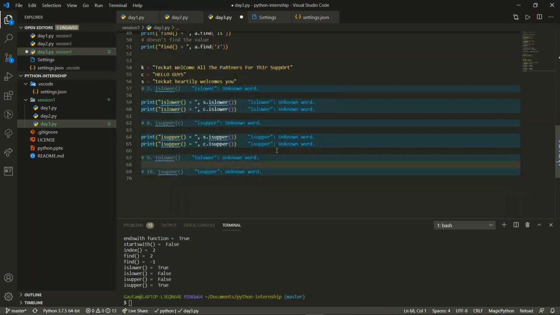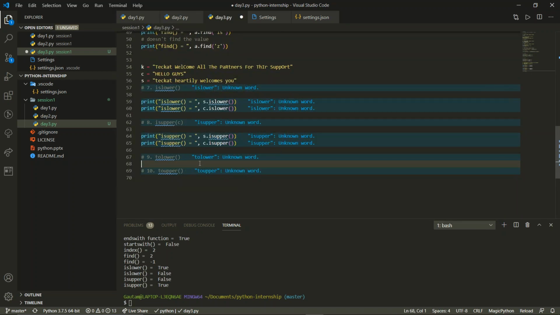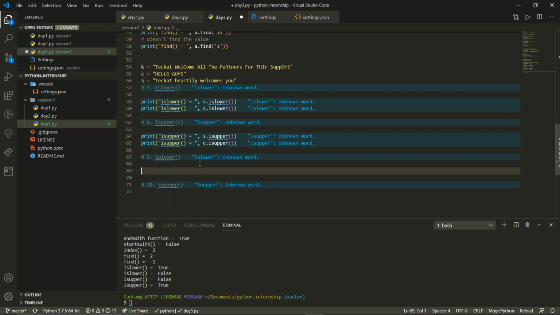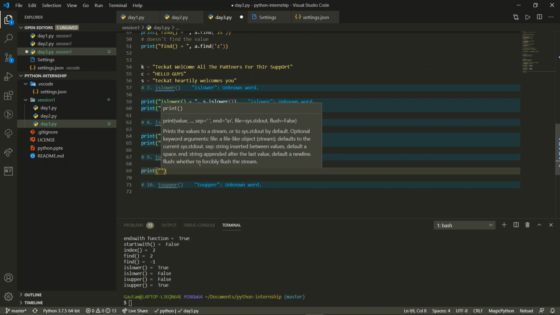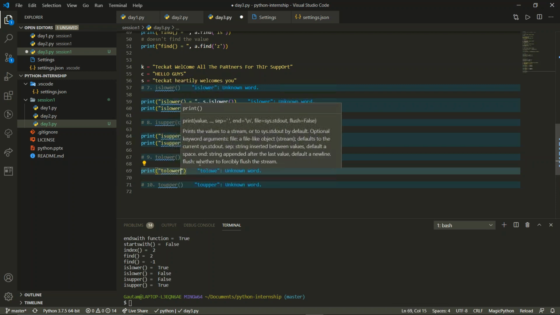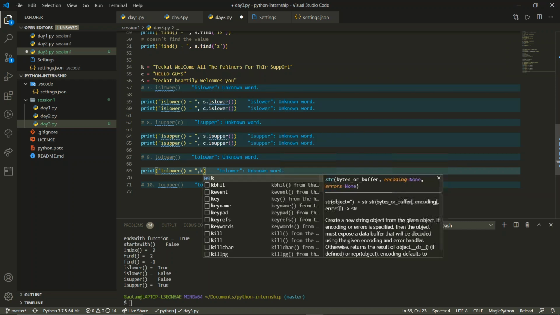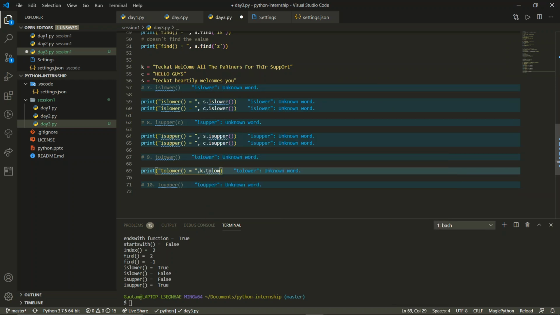Okay, similarly we have to lower. If you want to convert everything to lowercase, we'll just write print, and inside this we'll have the to lower function, comma, let it be C or K. K is the jumbled one. K dot to lower.